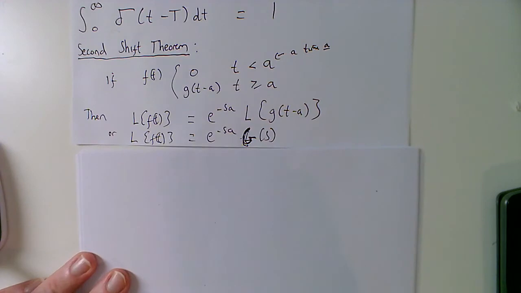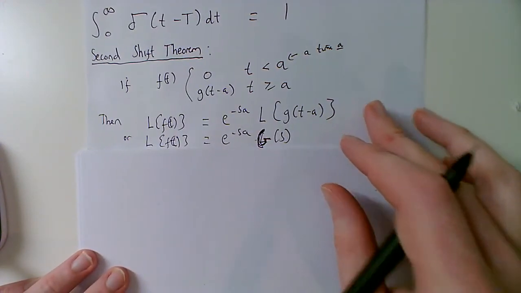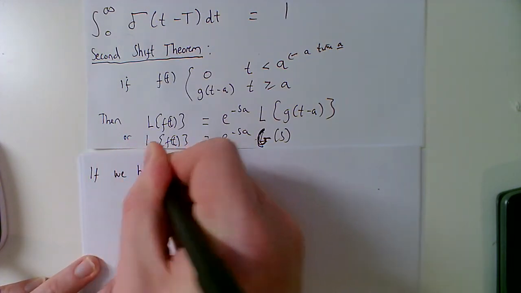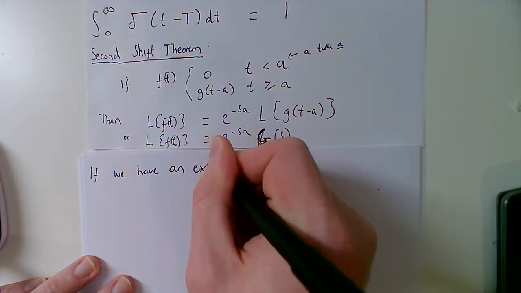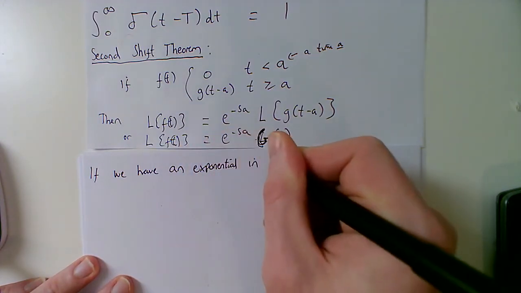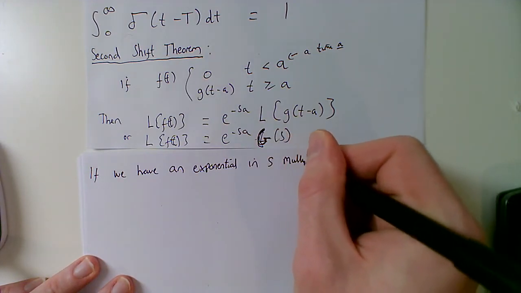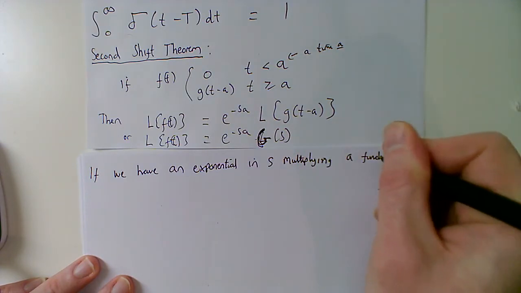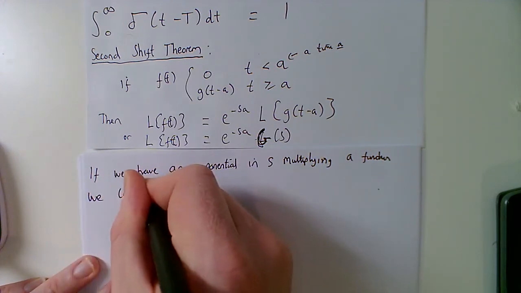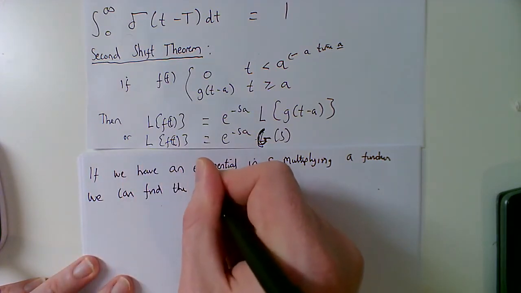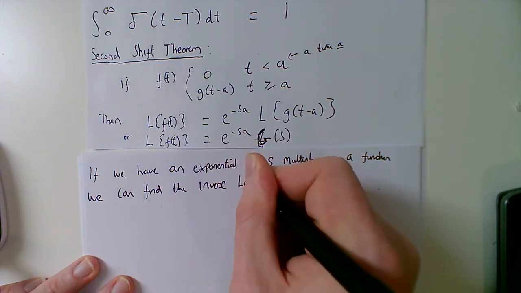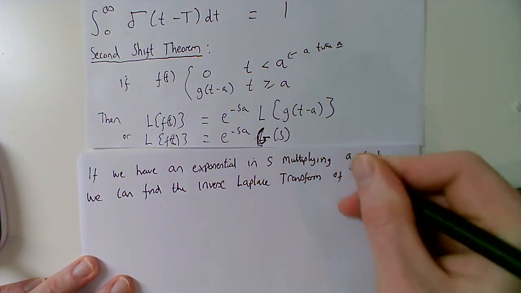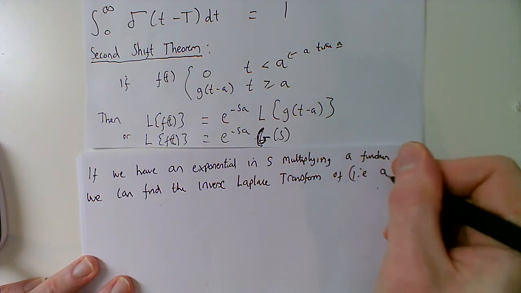Right, so all this means is if we have an exponential in s multiplying a function, we can find the inverse Laplace transform of it, i.e. a function in s,